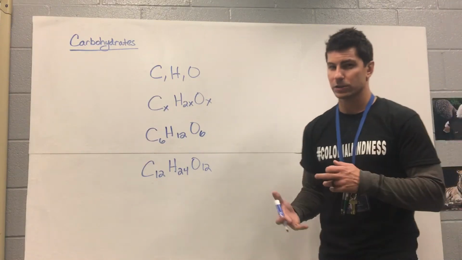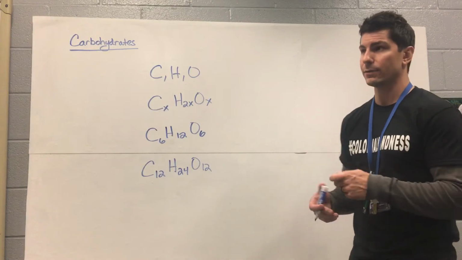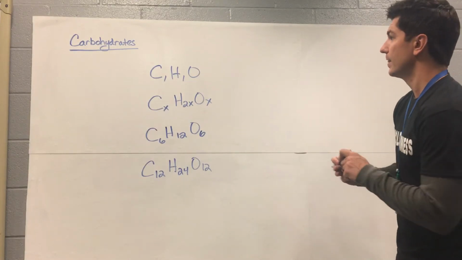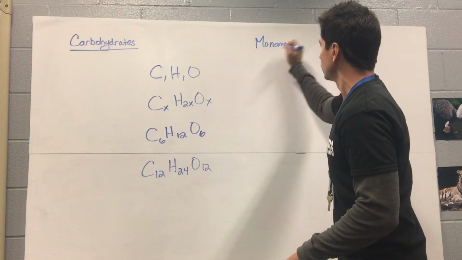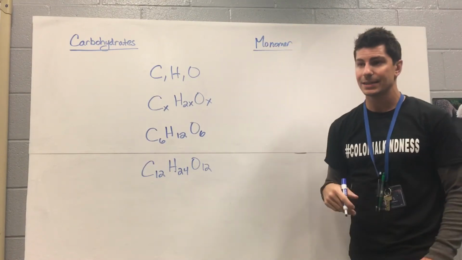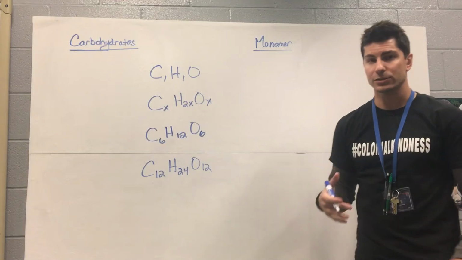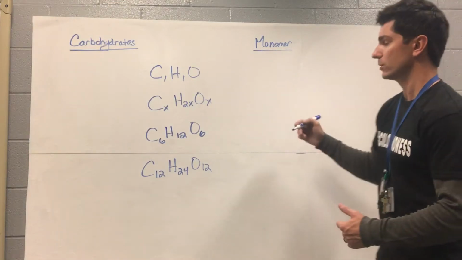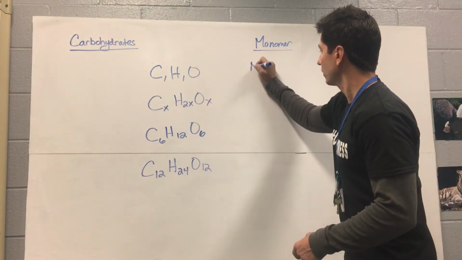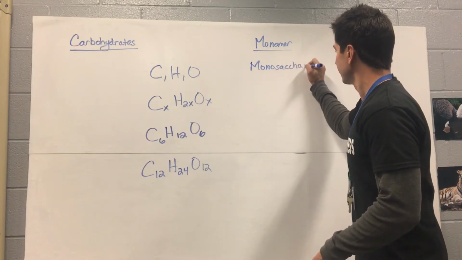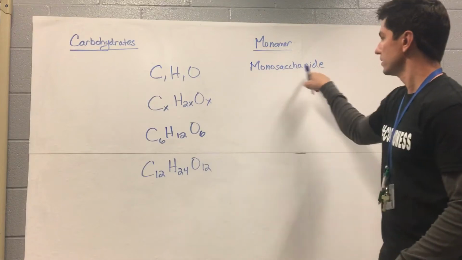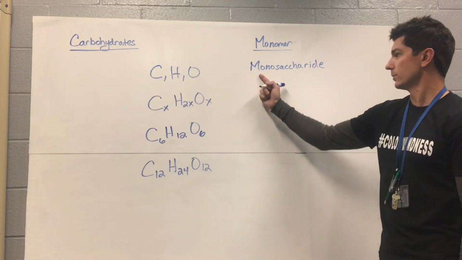We already talked about our function of carbohydrates. You guys did pretty well with that, which was short-term energy. And then we went over the monomer and the polymer. So our monomer was anything for carbohydrates has the root word saccharide in it, or saccharose. Our monomer was a monosaccharide. Mono meaning one, saccharide meaning sugar. So this literally means one